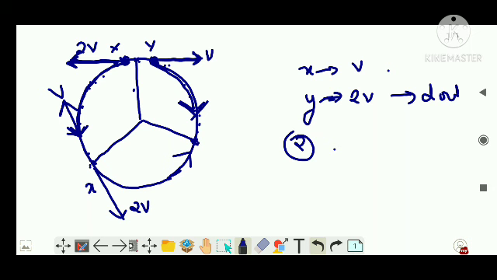So who is having double distance coverage? x. So after this collision, x will move with 2v velocity and reach this point A. Similarly, y will be moving in this direction with velocity v and reach this point, because the distance is half the part of A. Now it has again reached point A. So that is during the third collision it is reaching. So how many collisions have happened? 2 collisions have happened. The third collision you cannot add.